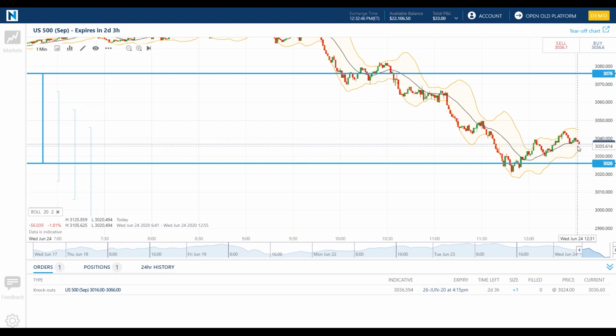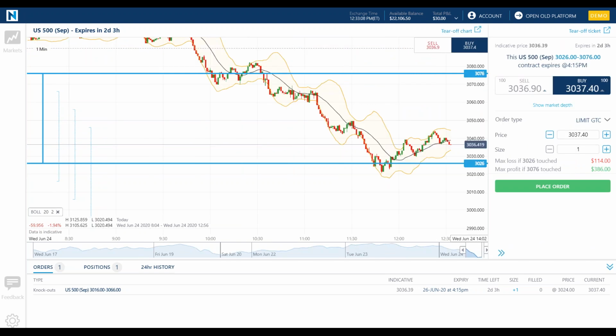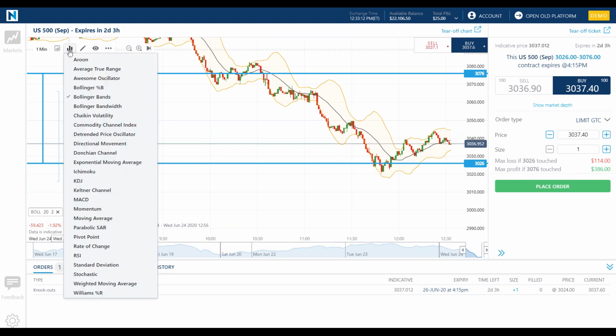If you don't know what revert to the mean is, there's a moving average in here, and the idea is that products or things have a tendency to want to stay close to their average. So when they move away from their average, eventually they'll want to move back to it. If they're below, eventually they'll want to make it up to it, and if they're above it, eventually they'll want to make it back down to it. Not a buy, sell, or hold recommendation. I just wanted to show you that we've got Bollinger Bands and it can help you make some trading decisions. And we've got a variety of indicators up here.